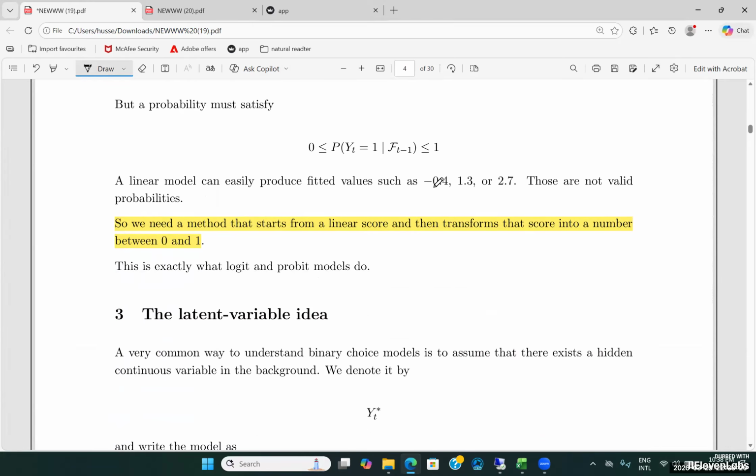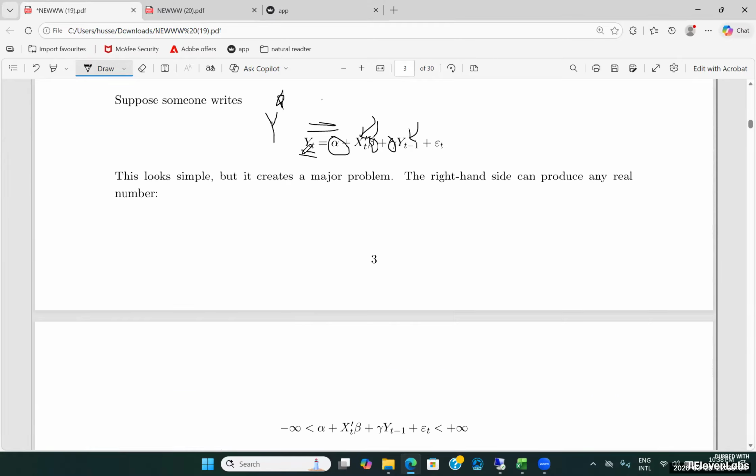The resulting index value can be negative or greater than 1, or even fractional, like 1.3 or 2.7. Such values do not represent valid probabilities. They are simply predicted or fitted scores. Now, this linear score is directly related to the probability and the actual outcome, or y, in a simple, straightforward